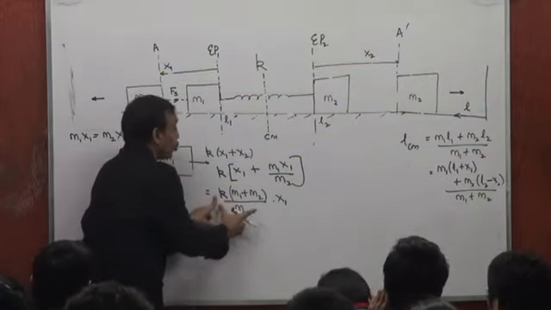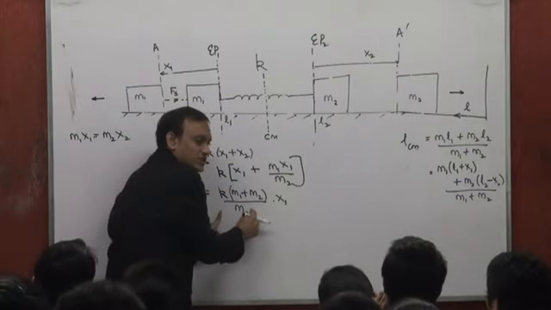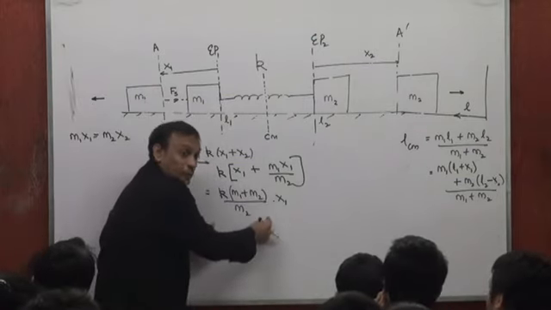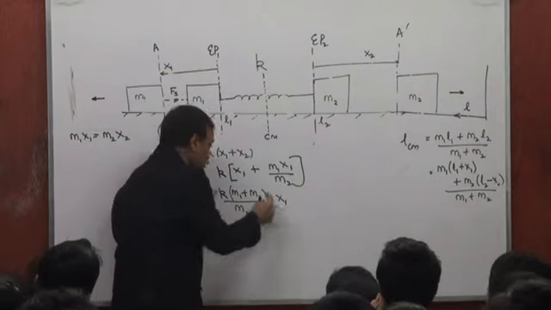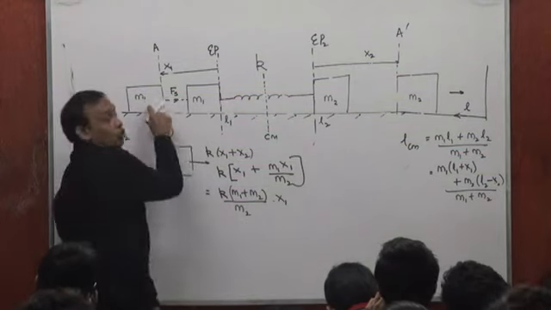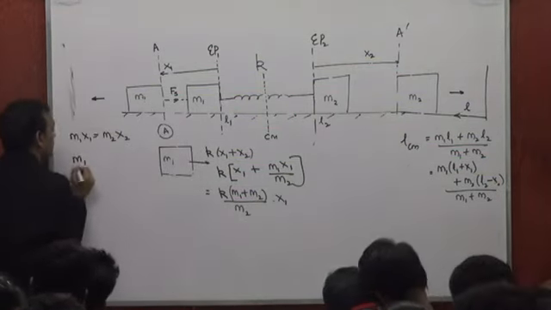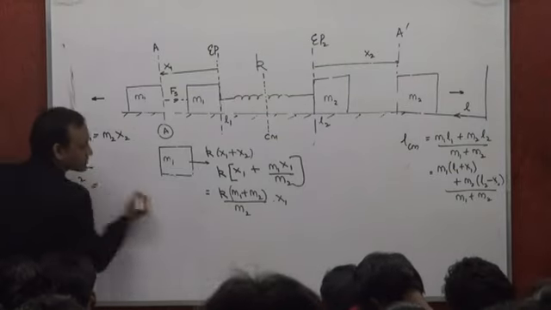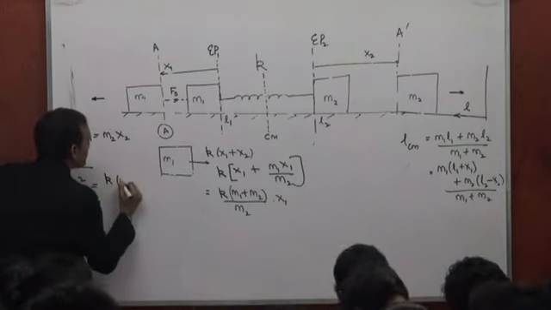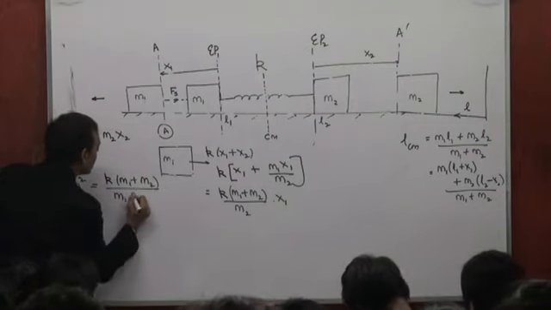So the omega square for m1 would be this divided by m1. This is the force constant. This divided by m1 will give me the omega square for m1, yes or no? So for m1, the omega square becomes the force constant for m1 divided by m1,